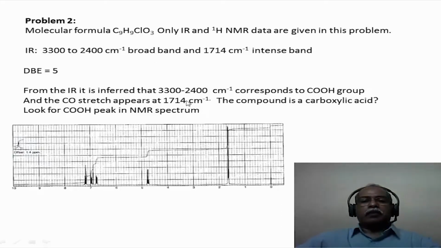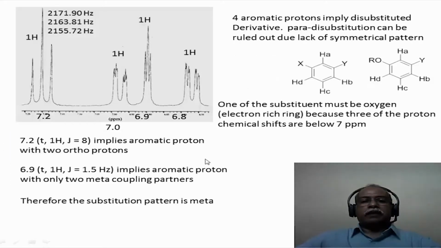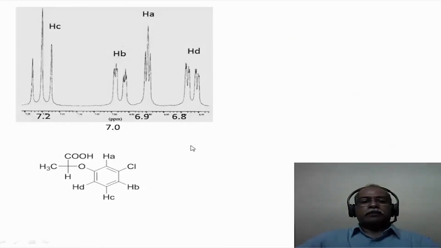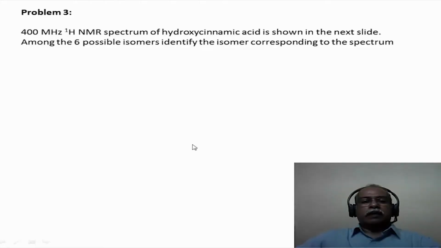The infrared spectrum gave a clue for the functional group that is present, and the molecular formula gave the clue for the second substituent, which might be the chlorine substituent. The proton NMR spectrum gave the skeletal information. So based on this information we have arrived at the structure, which matches the given spectroscopic data. Now the assignment is also very clearly seen.